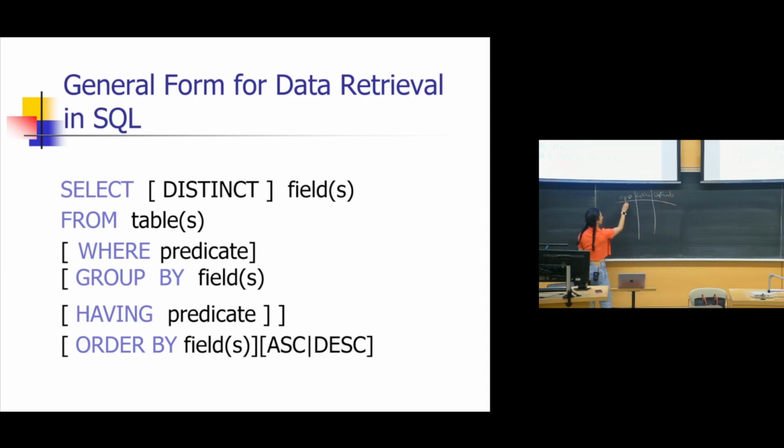So let's say employee ID 1, Mona, 2, Alex, 3, Hannah, and so on. Department number, let's say, is 10 here, 10 here, 20, and 25, right? So we may have multiple employees working in the same department. Now, if you just write select department number from employee table, then it returns all these 10, 10, 20, 25,